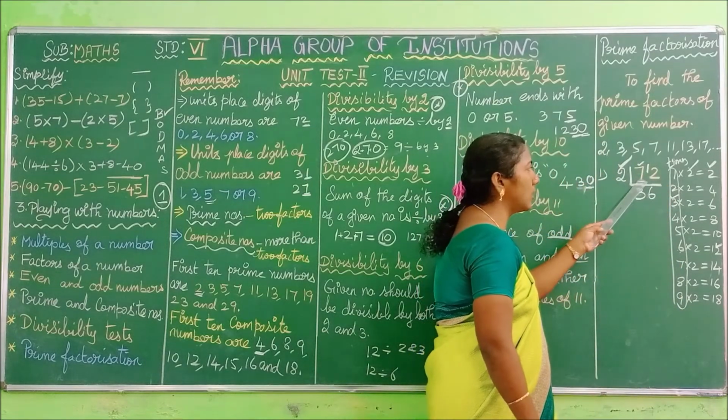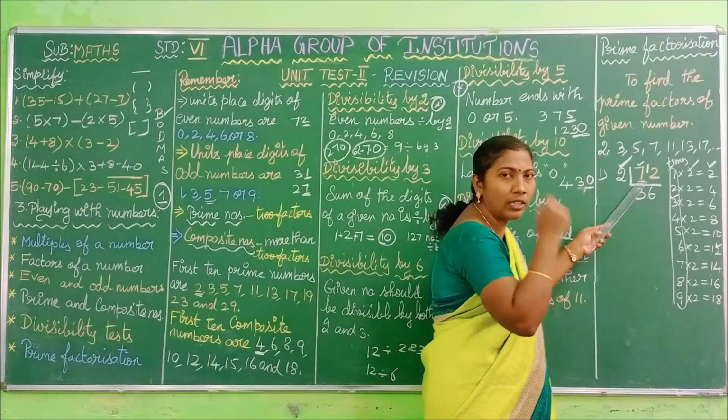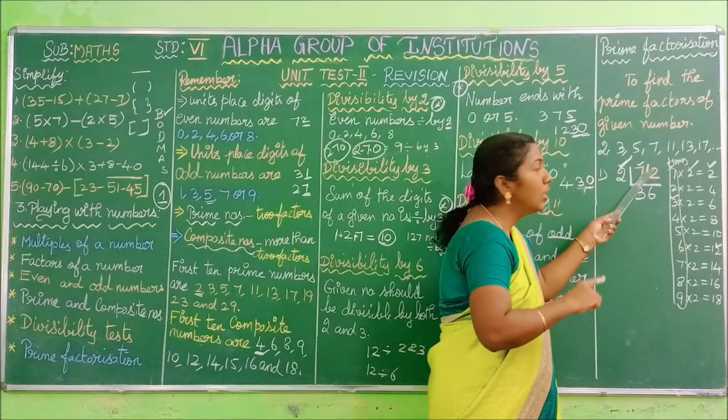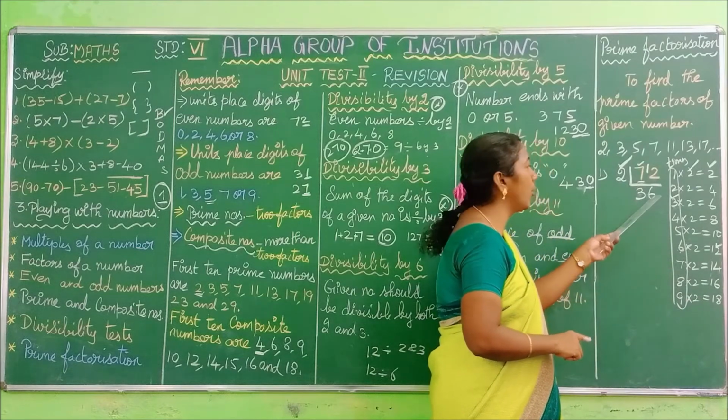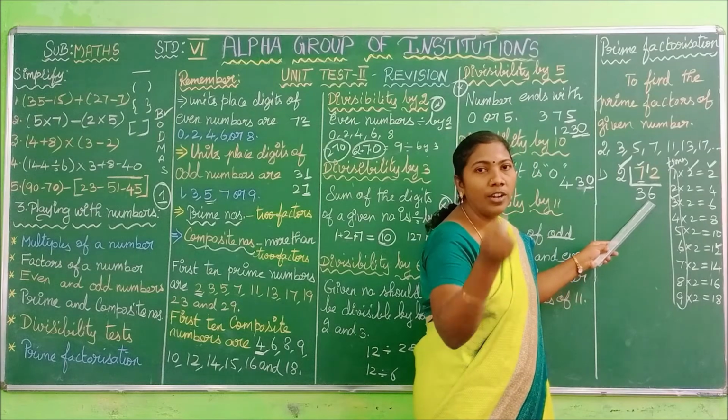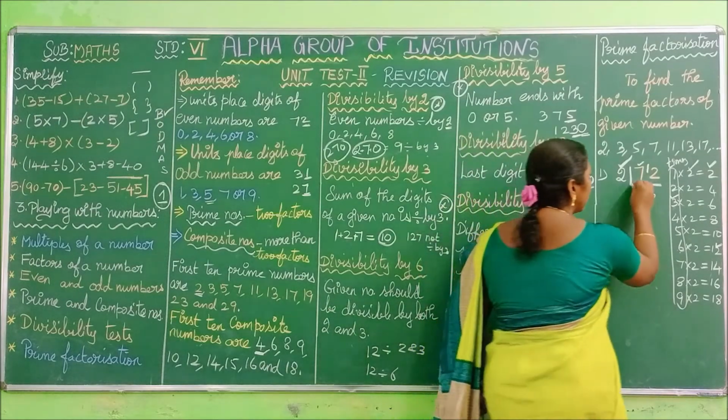3 2s are 6. By subtracting 6 from 7, the remainder is 1. We are writing the 1 here. Now we have to read the 2 as 12. 12 comes how many times? 6 times. Here you have to write 6. Do you understand? Again we get an even number, so you have to divide this number by 2.